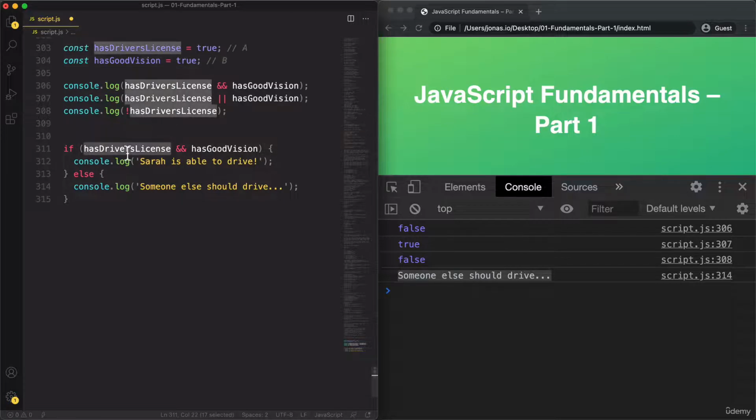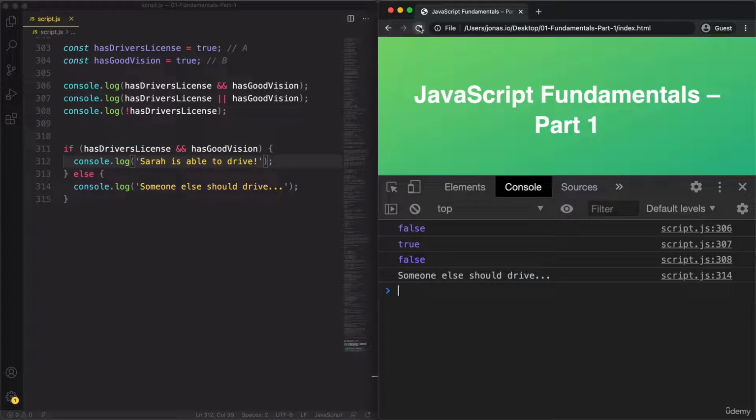So has driver's license, true, and has good vision, true. So true and true is true, and so Sarah is able to drive. Let's check that, and indeed. Great. And with this one working now perfectly, let's take it to the next level and add another Boolean variable